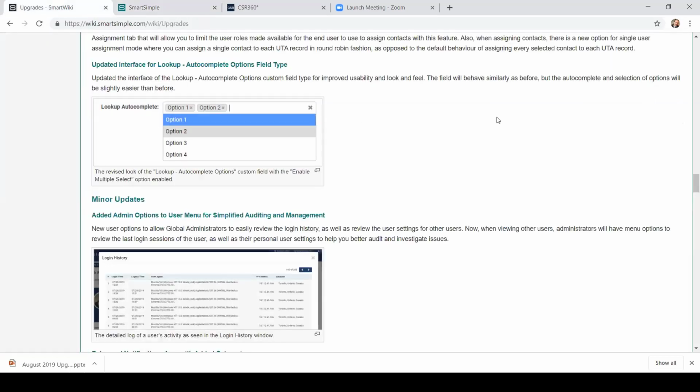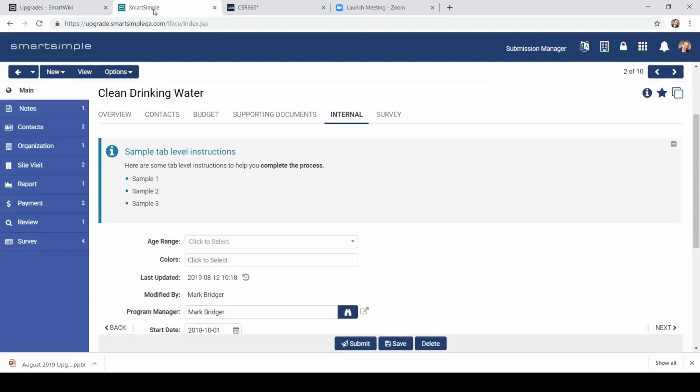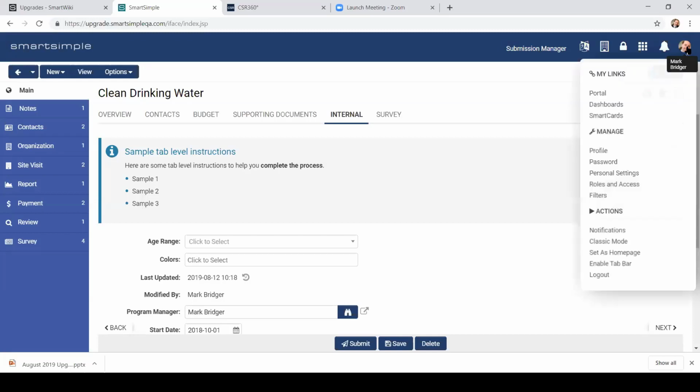So those are the major changes that you're going to see, and enhancements that you don't have to turn on, that they automatically will happen. Some of the minor things that are going to happen is we've added, in case you wanted to help troubleshoot someone or see what was going on when they were in, maybe they reported an issue or you wanted to investigate,